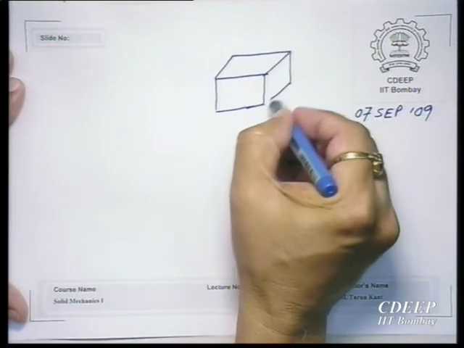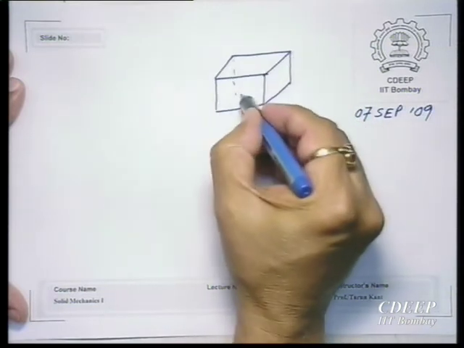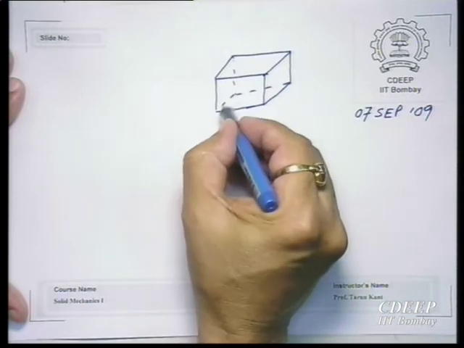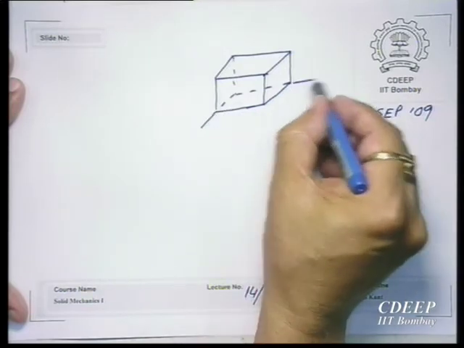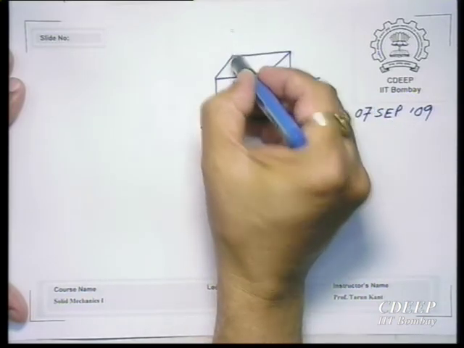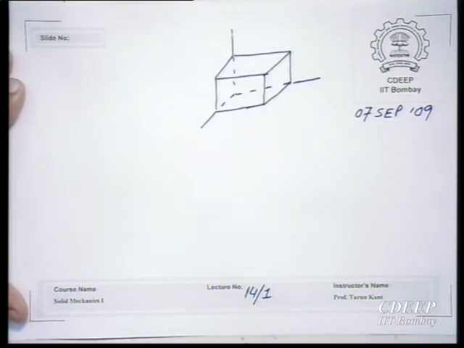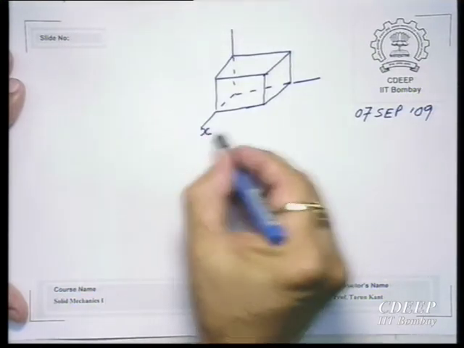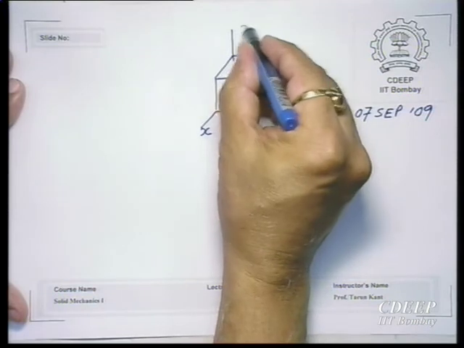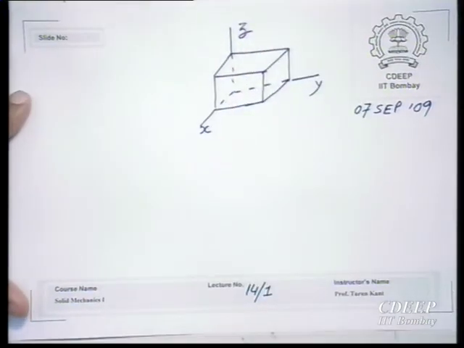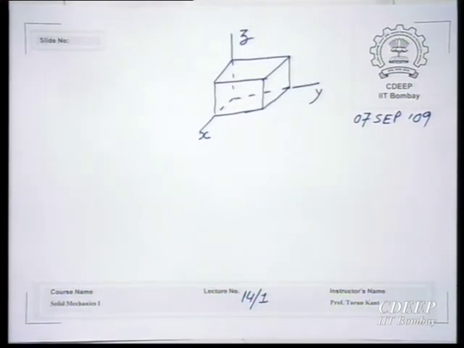And this was necessitated by the fact that I wanted to discuss only two-dimensional state of stress for transformation of stresses. So, what I said that yes, if you have a parallelepiped of size dx dy dz, and if you